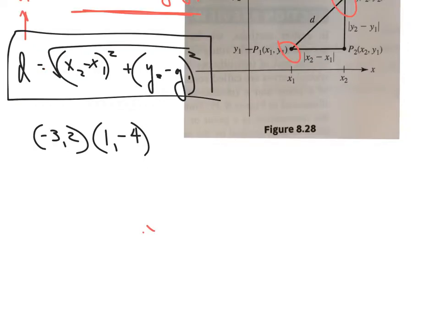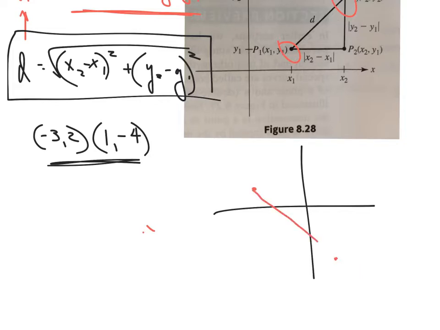Okay, so example 1 says find the distance between these 2 points. So we could draw our line here and go over 3 and up 2 and over 1 and down 4. And they're interested in the distance between those 2 points. Alright, so we don't even have to draw the graph in order to do that. We just use our distance formula. And we know that our first term is an x, our second